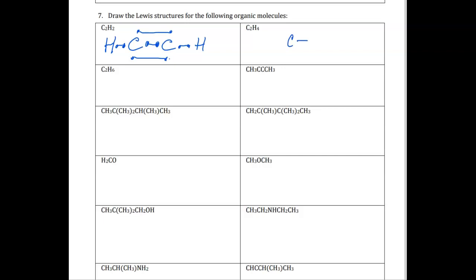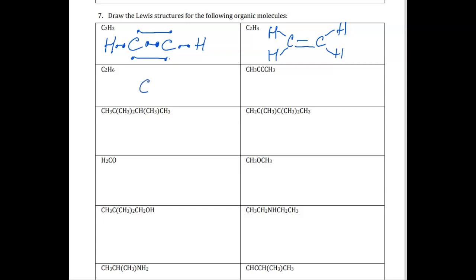So two carbons connected to each other, and four hydrogens, two hydrogens around each carbon here. Each hydrogen is single bonded with carbon. And carbon has to have four bonds, four electron pairs. But now it has only 3, which gives us another additional bond. So this is an alkene, because here carbon is double bonded with another carbon. So the next one,